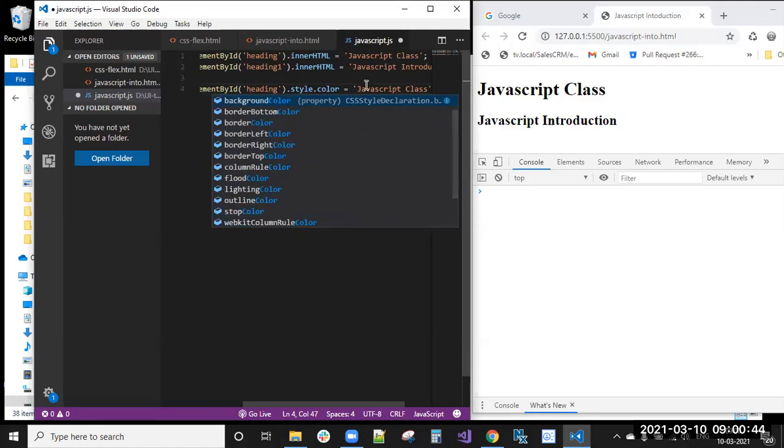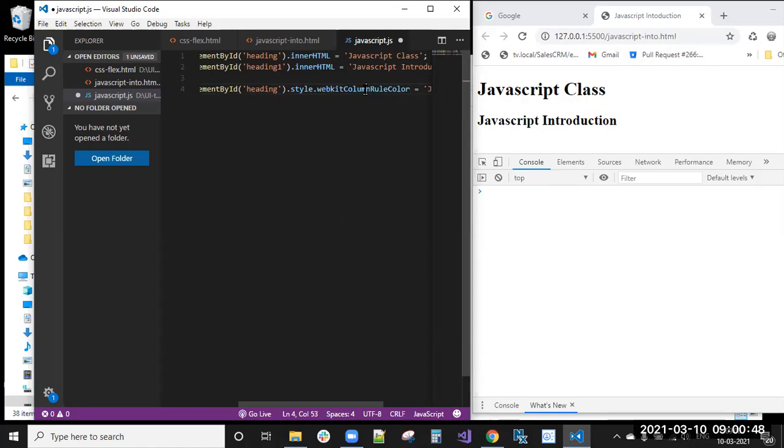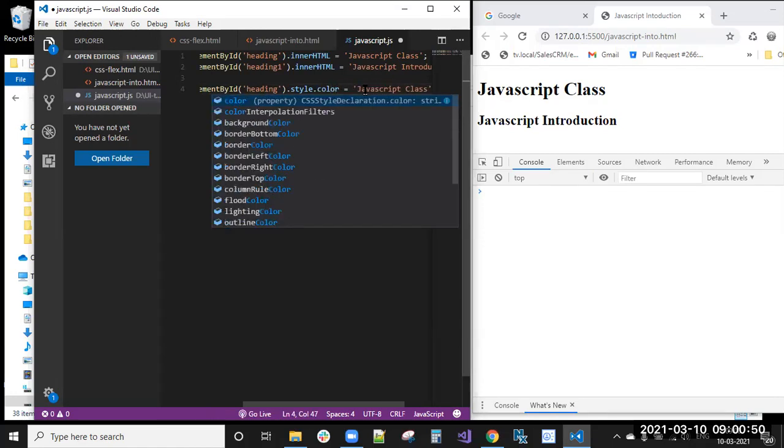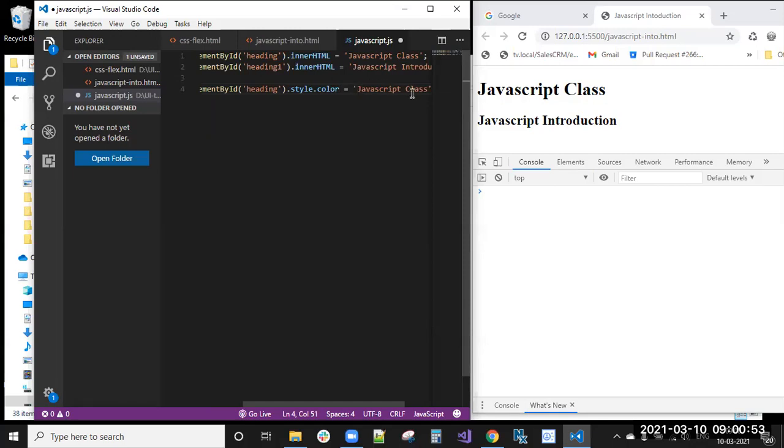I'm changing the color only, and after this you need to write the color name. Anything you can write here. I'm writing red and a semicolon. I told you, every statement should end with a semicolon.